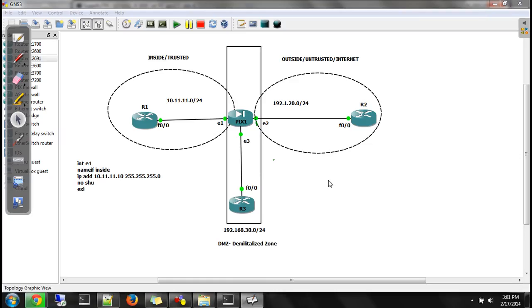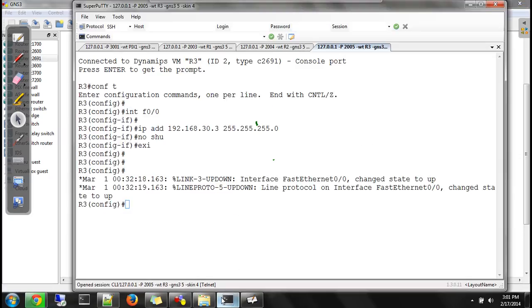So come back here, IP route 30.10. 30.10 is the firewall, because R3's F0/0 interface is connected to the firewall. That's why the default gateway for R3 is the firewall. Done. Now let's go to the firewall and configure this.